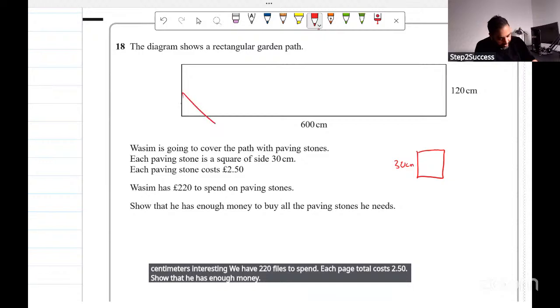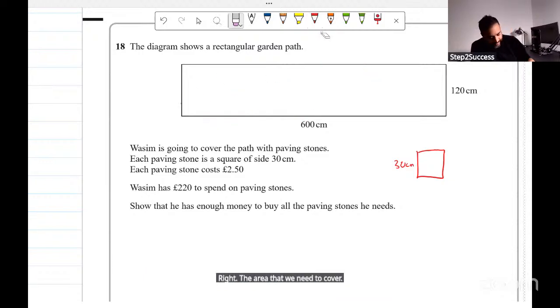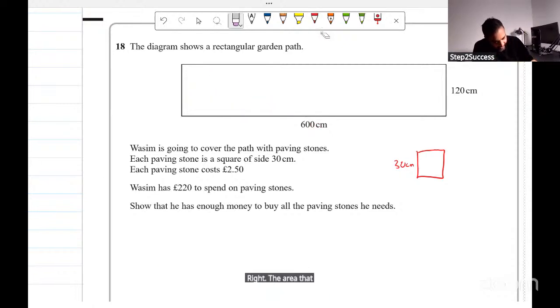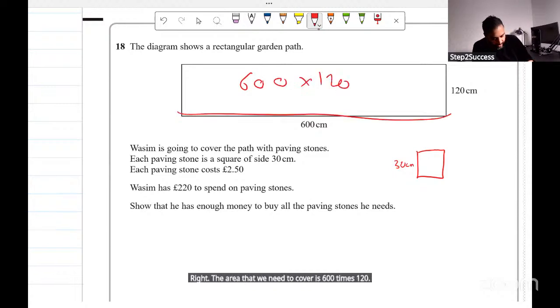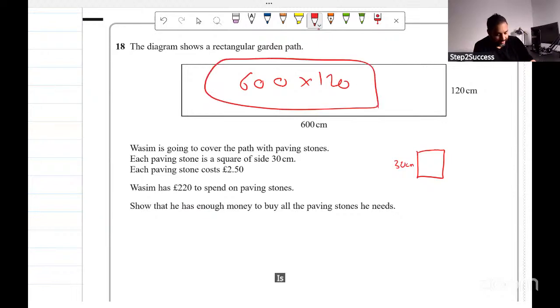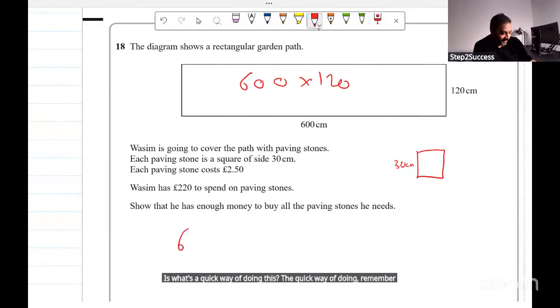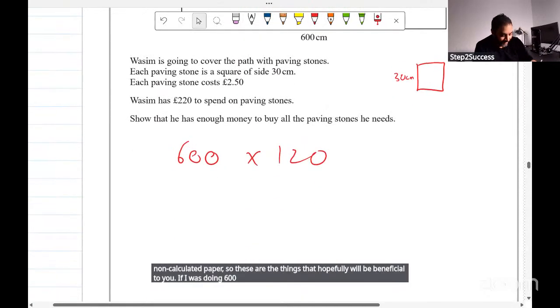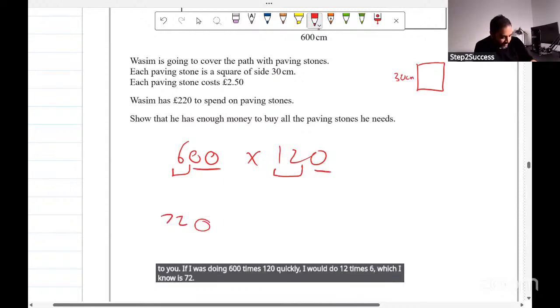Right. The area that we need to cover. At this point, I'm wondering whether it's easier to do this in meters or centimeters. I don't know. Right. The area that we need to cover is 600 times 120, because that's an area, right? Area of that rectangle. 600 times 120 is, what's the quick way of doing this? Remember, this is a non-calculator paper, so these are the things that hopefully will be beneficial to you. If I was doing 600 times 120 quickly, I would do 12 times 6, which I know is 72, and stick on the other three zeros. It's 72,000